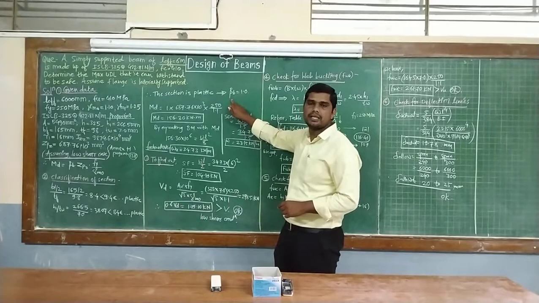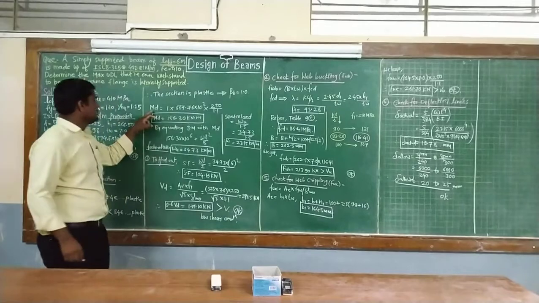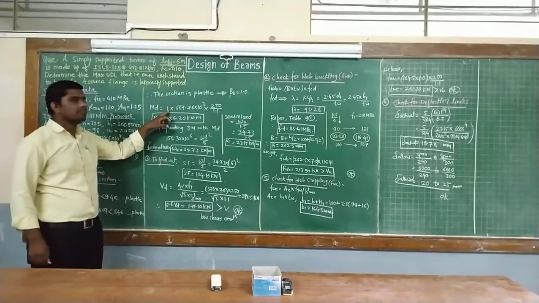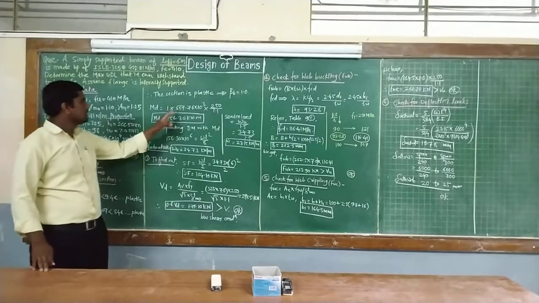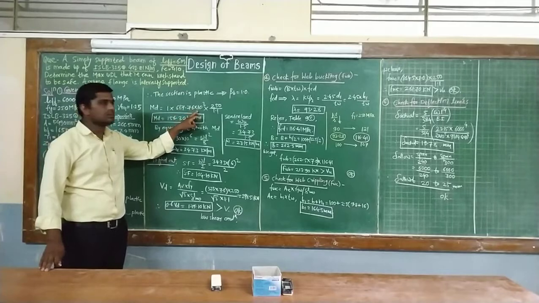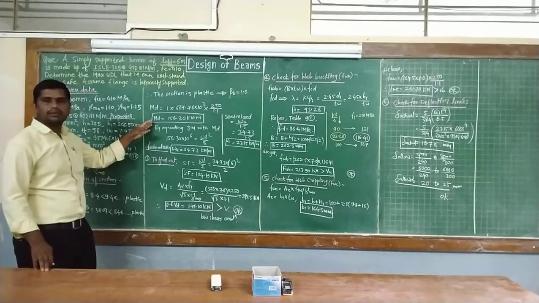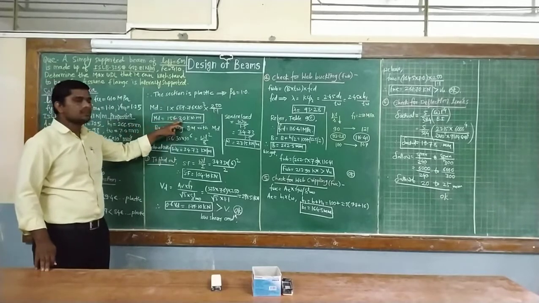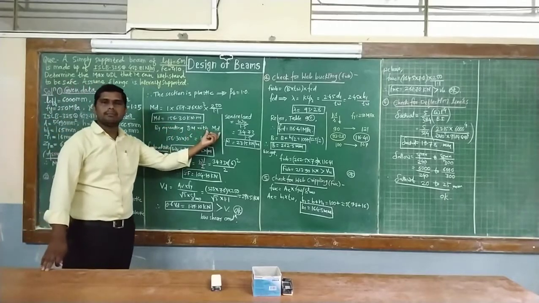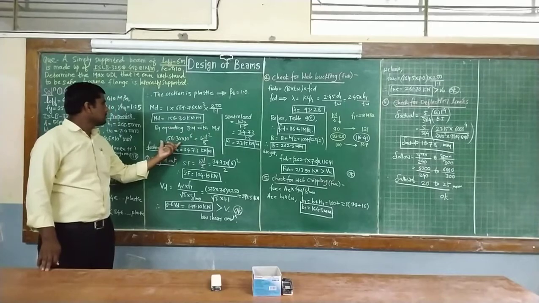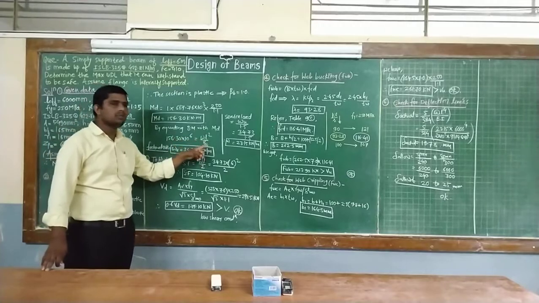For a plastic section, the beta B value is 1. So the design moment Md is equal to beta B which is 1, ZpZ which we have already taken from the properties, 687.76 into 10 to the power 3, Fy is 250, divided by gamma m0 which is 1.1. So the Md value will be 156.30 kilonewton meter. Then by equating the bending moment and the design bending moment, 156.30 into 10 to the power 6 is equal to WL squared by 8.